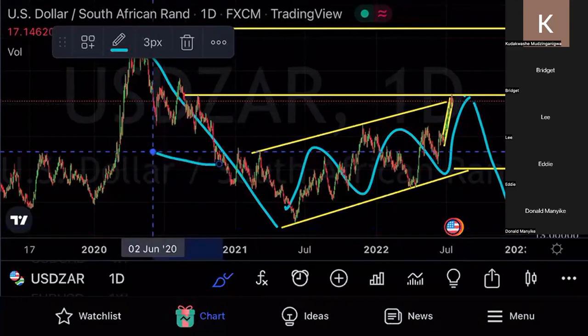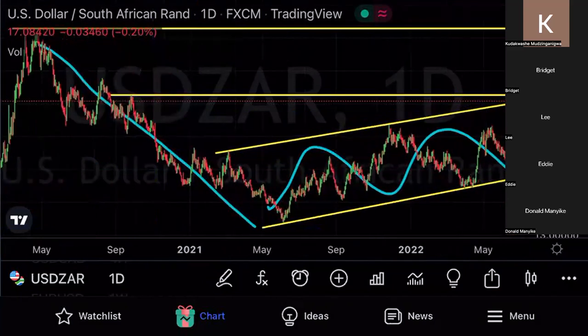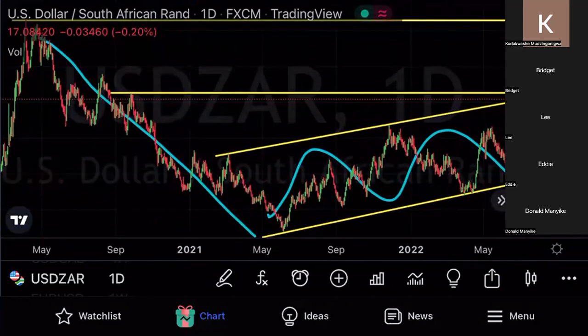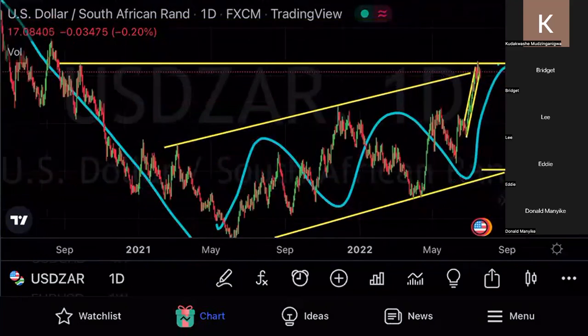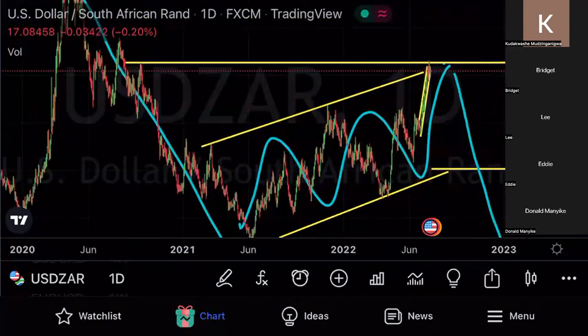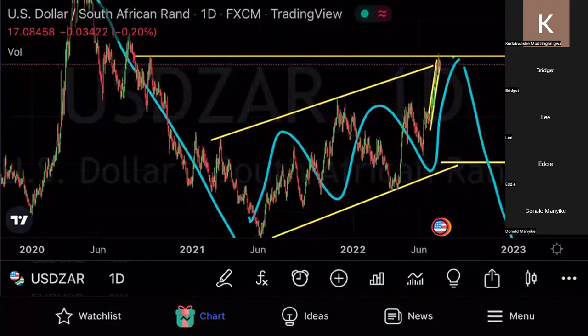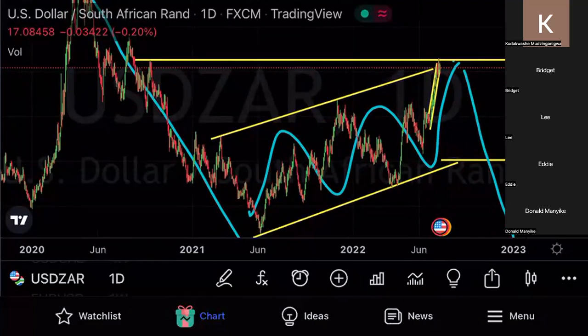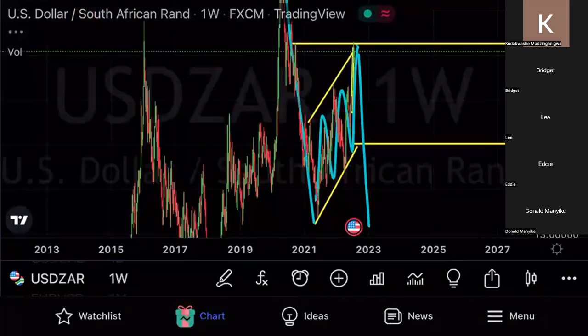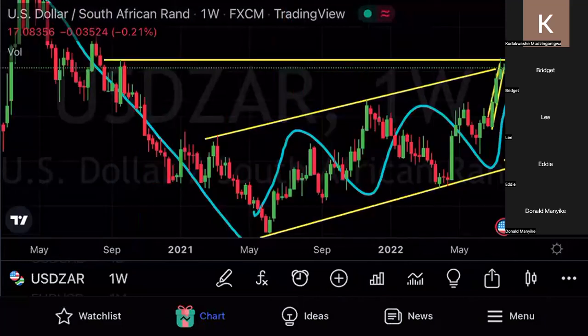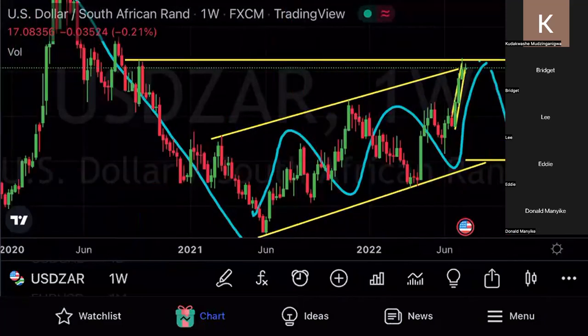Let me remove that. I need to have something. It's either I need to have support, I need to have resistance, or I need an old high or an old low, or I need an order block to strengthen my pattern. So if I'm on the daily, I'm not seeing my order blocks clearly. So I can move to weekly so that I can see if I can find a powerful order block in that area.